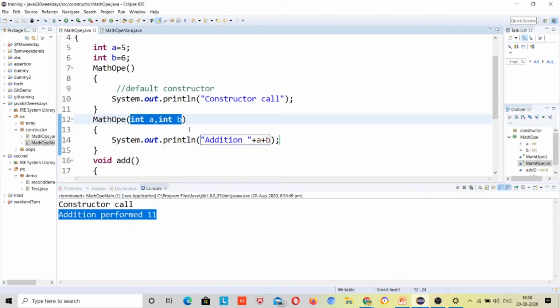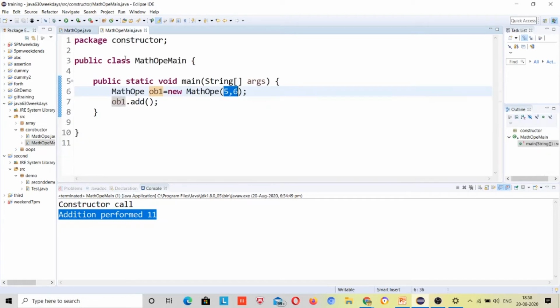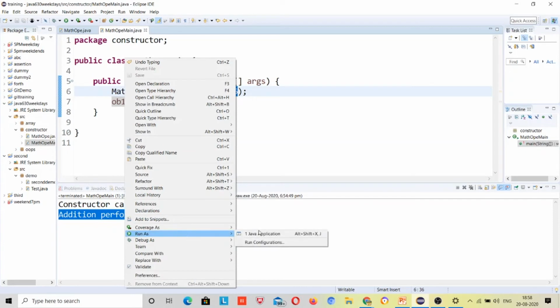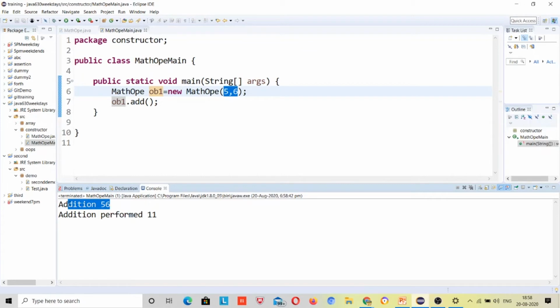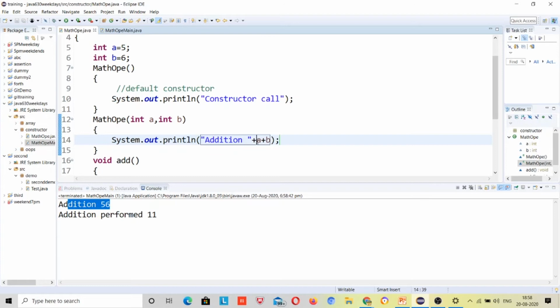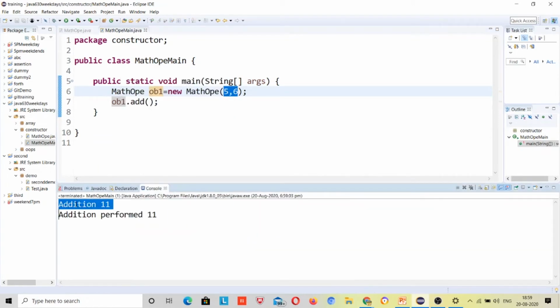It will see System.out.println addition of a plus b, so it will perform the addition for this, 5 and 6. Maybe I have made some mistake. You can give it in this type so that it can understand the differences. So the addition is 11.